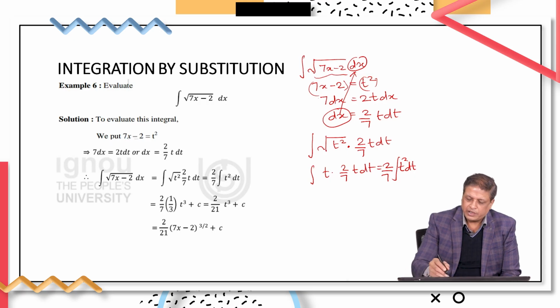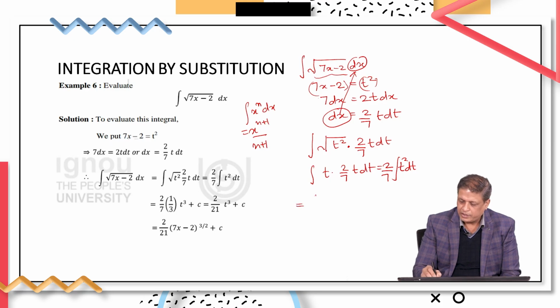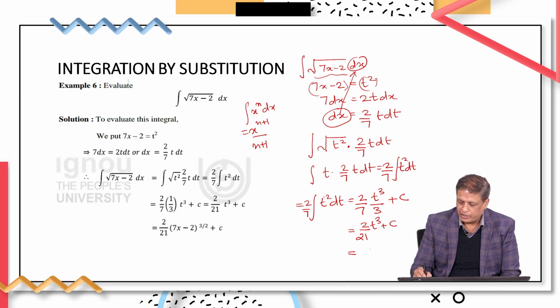Again, applying the same formula, integral of x to the power n dx is equal to x to the power n plus 1 over n plus 1, into this expression, you will get integral of t square dt, which is equal to 2 by 7 t cube by 3 plus constant of integration. So, this will solve to 2 by 21 t cube plus c. Substituting the value of t, you will get the answer 2 by 21 into 7x minus 2 to the power 3 by 2